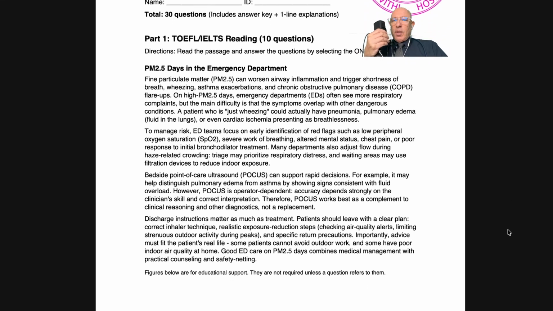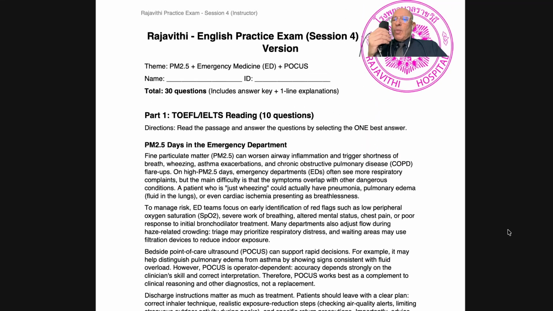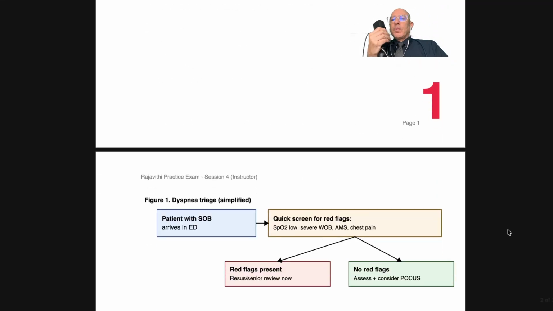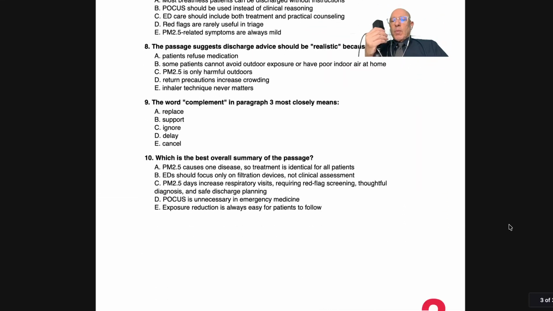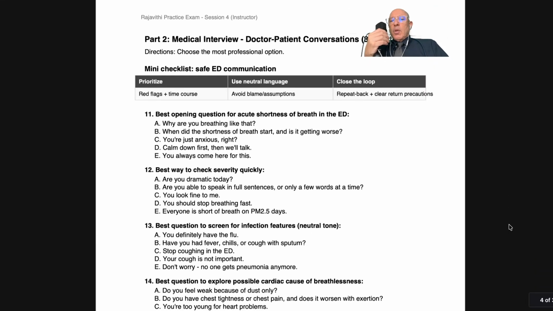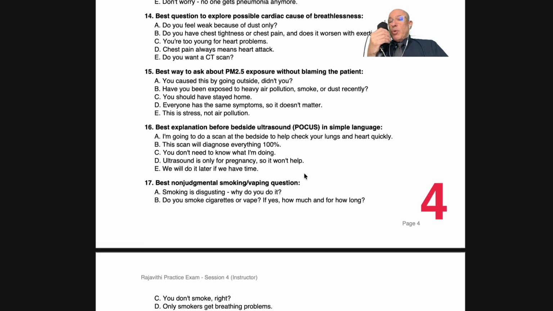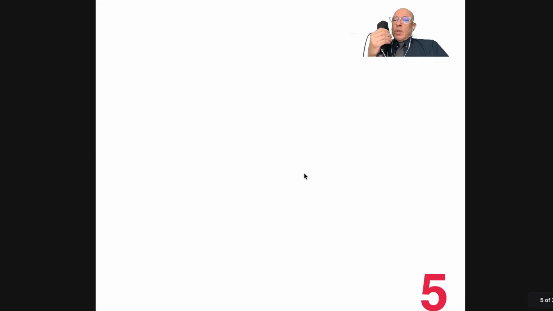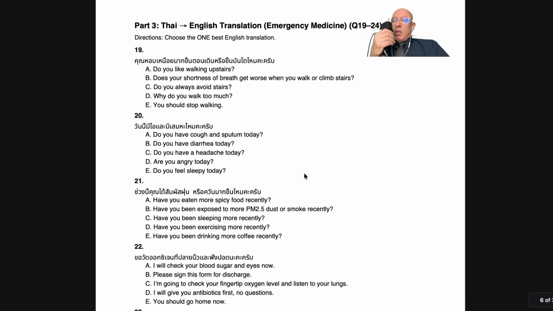So this is what it looks like. We'll do a practice exam, TOEFL, IELTS reading. And this is 10 questions. Doctor-patient, clinical, conversational English, doctor-patient dialogues, multiple choice. We'll listen to some audio that entails simulation of real doctor-patient English interviews and discussions. And then we'll take a look at this exercise, which is focused on writing